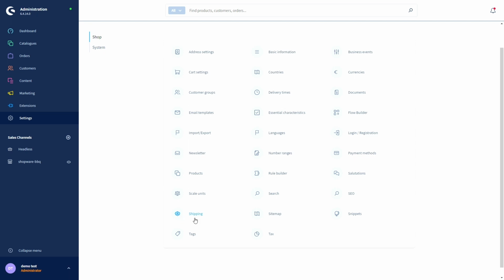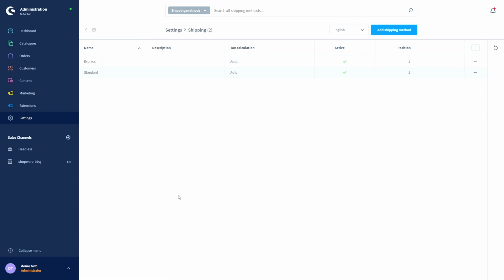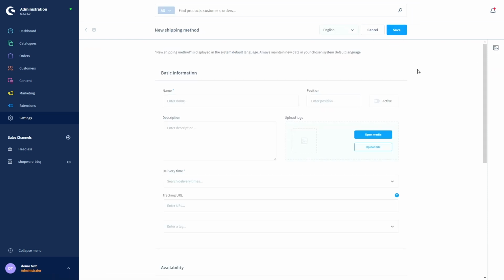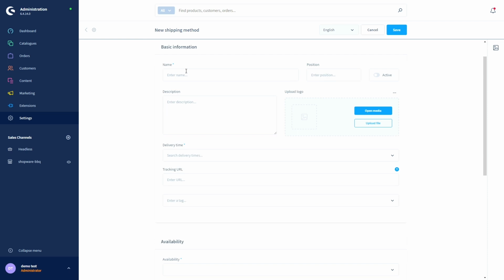We've got the shipping methods under shipping in our settings. By default, we've got the express and the standard shipping method. Of course, you can add your own shipping methods. So if we click here, we can enter the basic information for this shipping method, a description, a logo, a